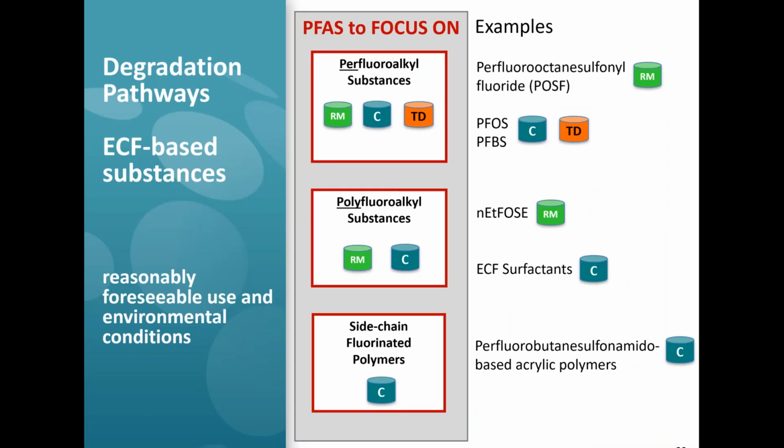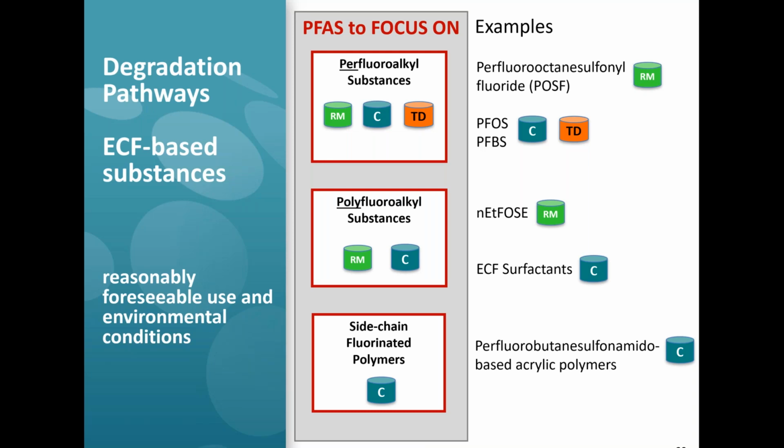Let's talk about the electrochemical fluorination-based substances. And I will refer you, as you go back and look at your notes from our discussion today, to the chemistry slide that Steve showed earlier, and you'll notice that the ECF products have a different order of things as far as what comes after the carbons that have fluorine on them. So when we think about representative types of substances in this particular chemistry, again, from a perfluoroalkyl substances perspective, we have things like the sulfonyl fluoride. That's a critical raw material.